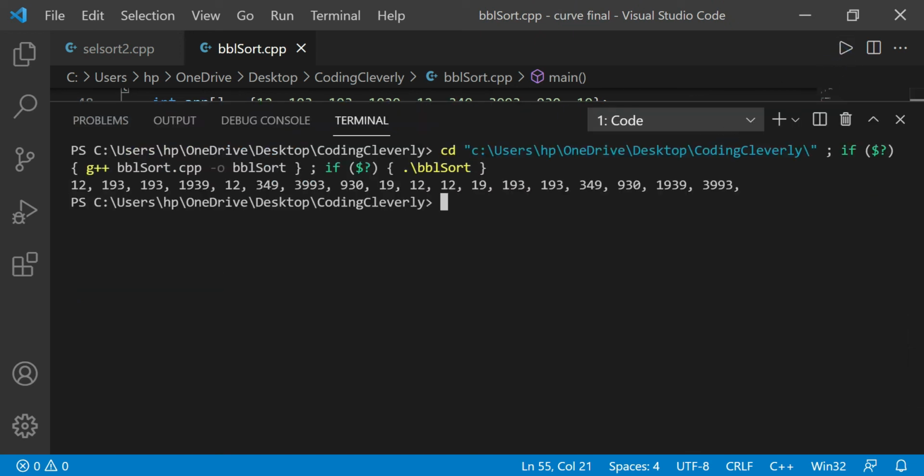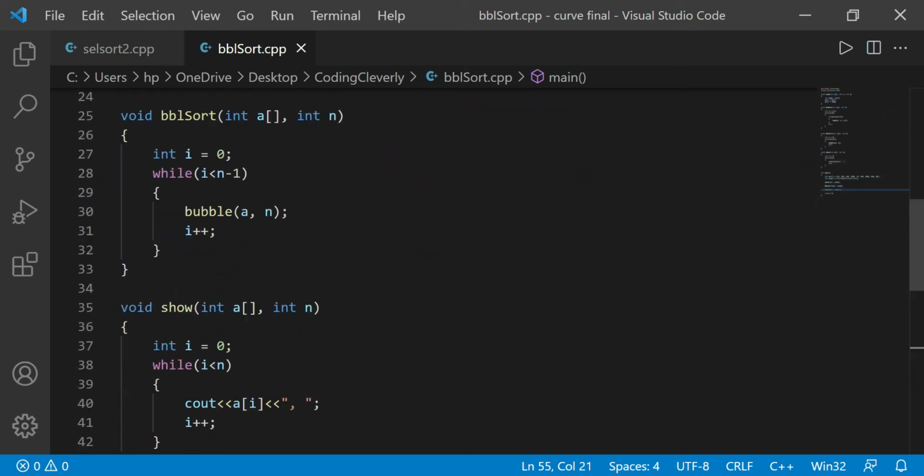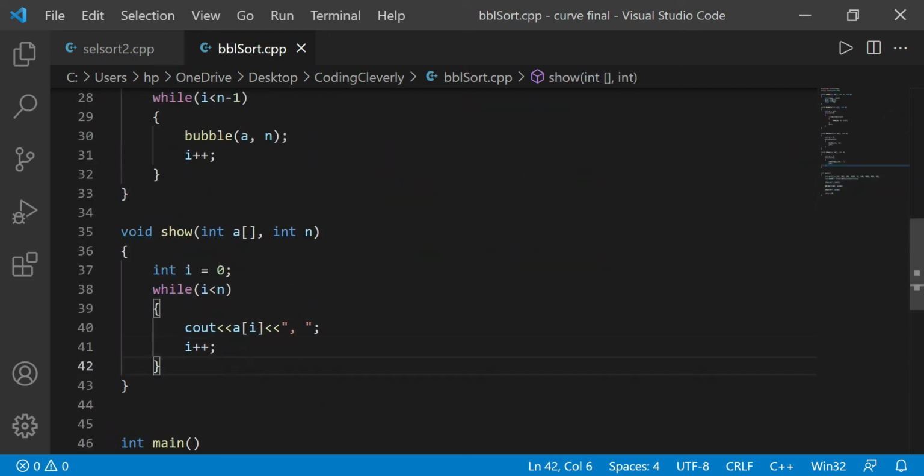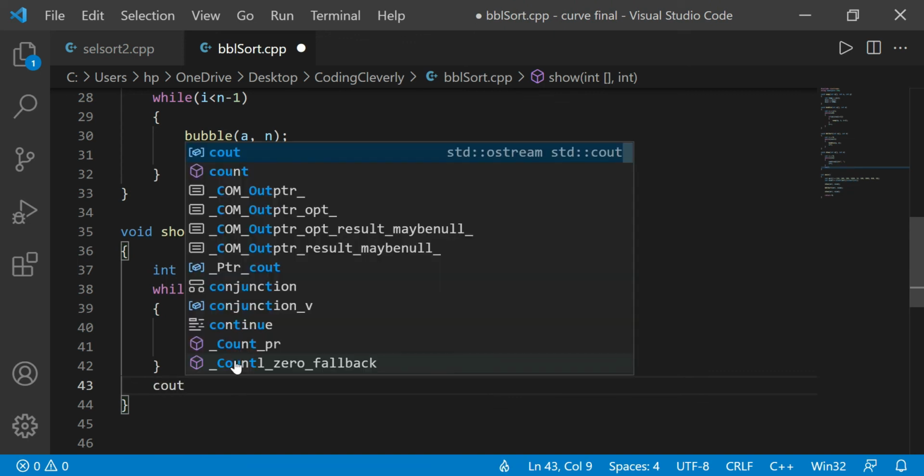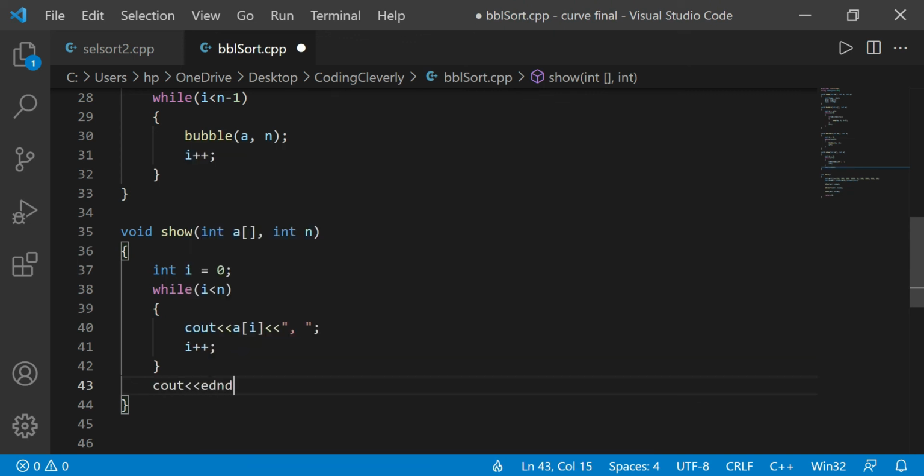We can see that the thing actually worked, it started from here and did something over here, and I'm going to have to add an end line in my show function to see what's going on. Okay, so we have an end line over here, and now if I run the code,